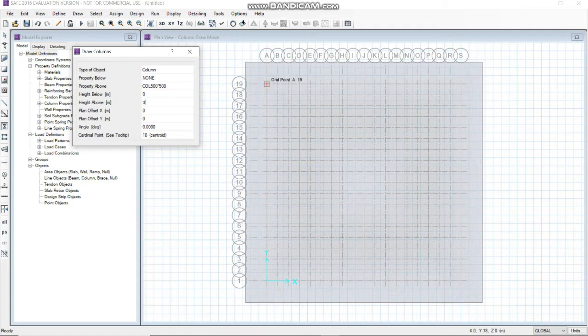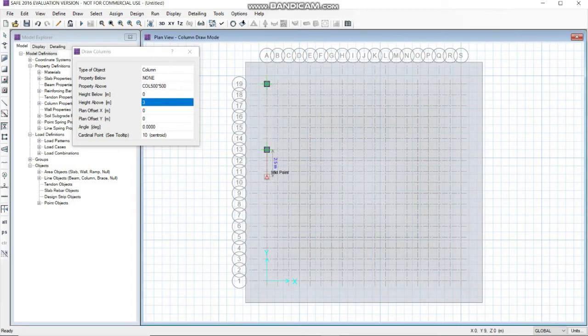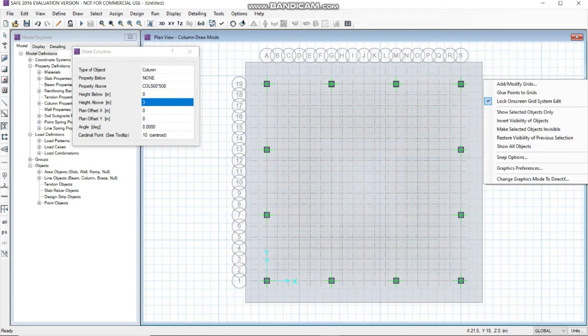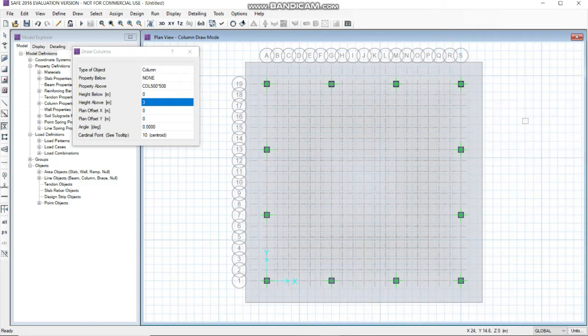Now select the points where columns of size 500 by 500 should be placed. Click on escape.